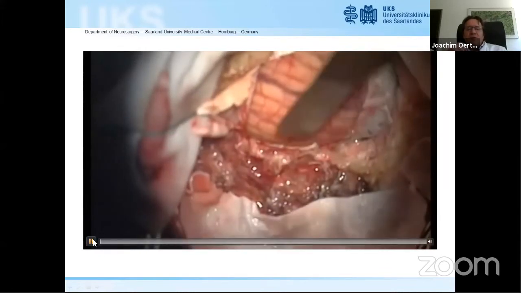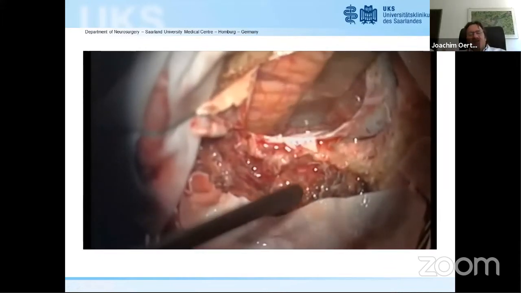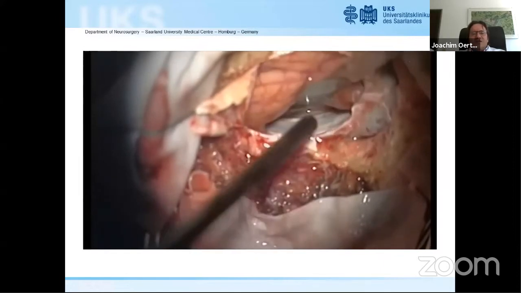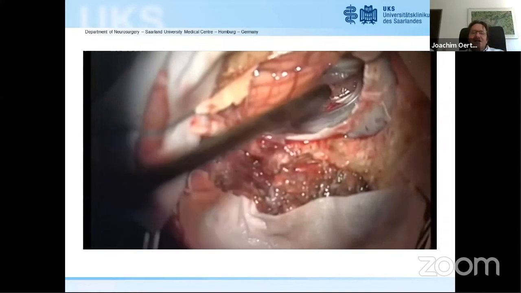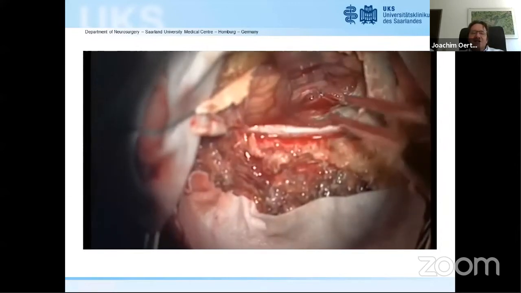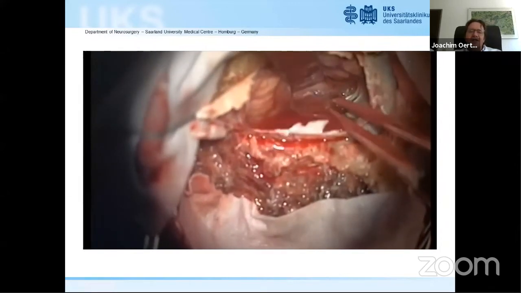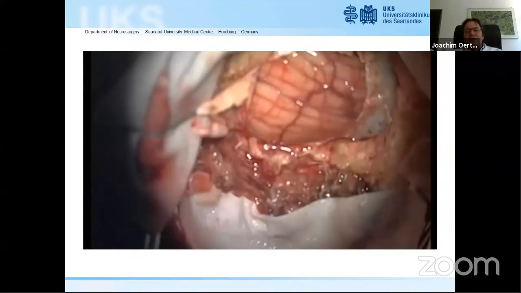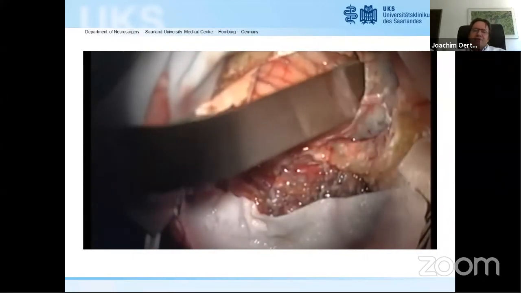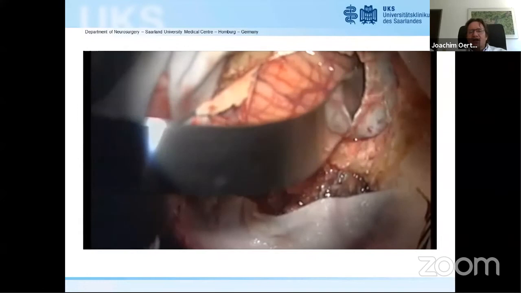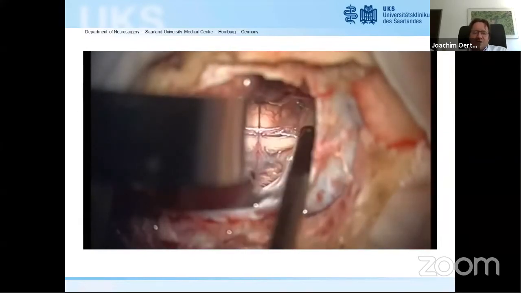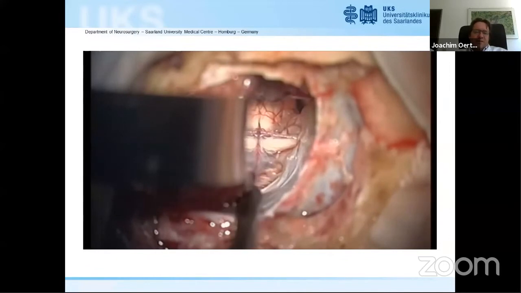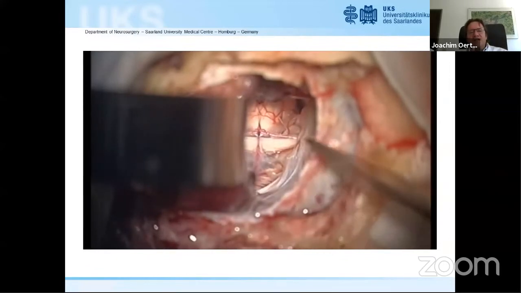I have to apologize about the quality because our HD camera system was right under restoration, under service. So we have the standard definition microscope. We did a microscopic approach. I don't think that this is a good option to do an endoscopic approach because you have to do a lot of manipulation. So we open up the basal cistern as usual, then we go in and we expose the